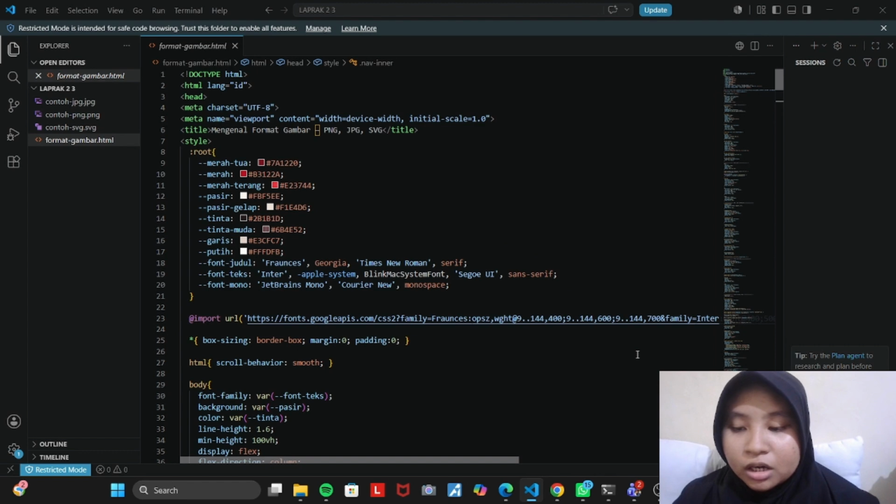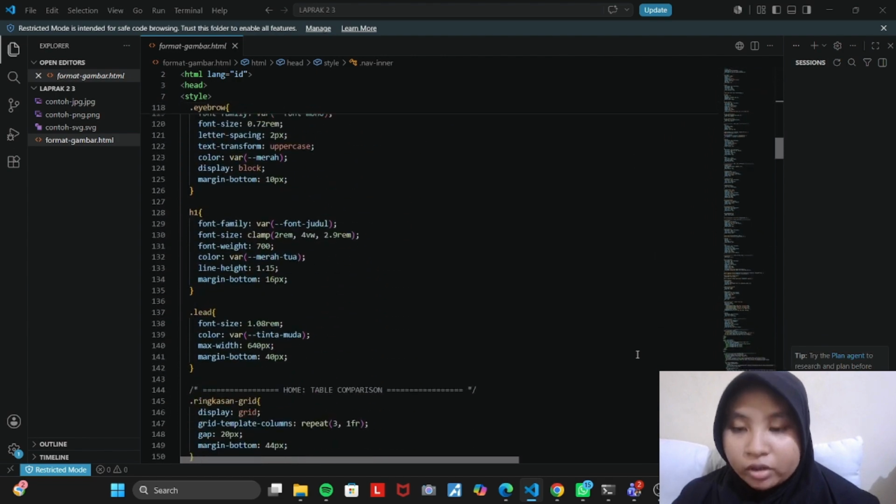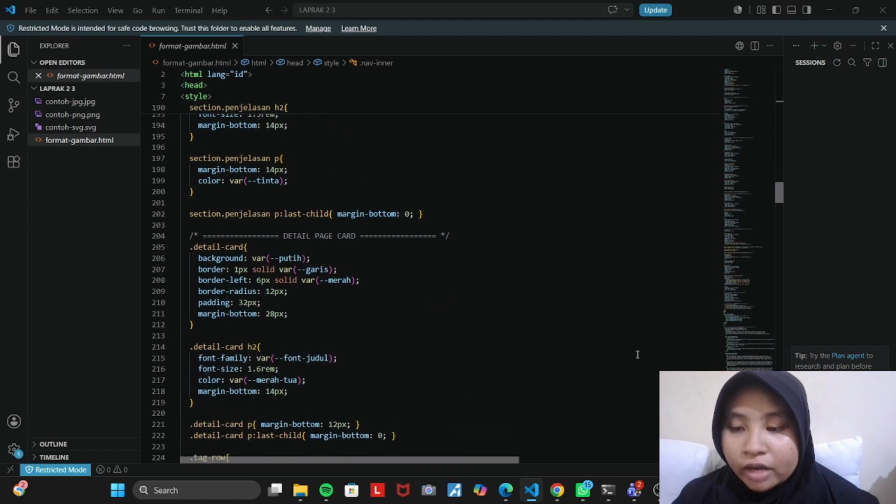The navigation bar uses sticky position so it remains visible while the user scrolls through the page. The layout uses flexbox for the navigation area and grid layout for the summary cards. The buttons also use hover effects and small animations when the user moves the mouse over a button. The color changes and the button moves slightly upward, creating a better user experience. Finally, I added a media query for smaller screens on mobile devices. The grid changes into a single column and the navigation layout adjusts automatically to improve readability.